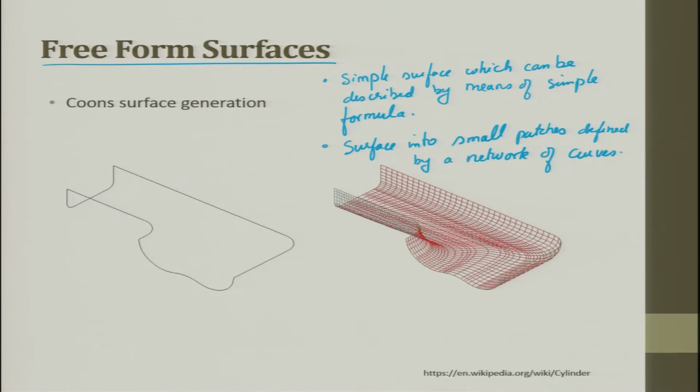What we get is a Kuhn surface. For example, this can be P01, this can be P00, this can be P10, this can be P11,